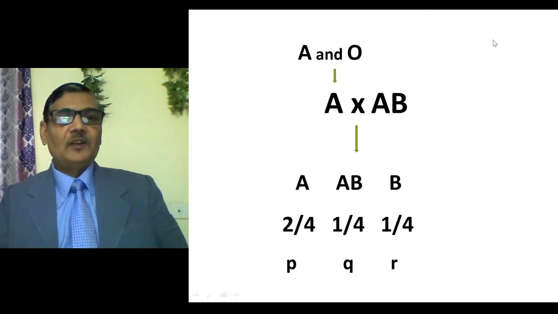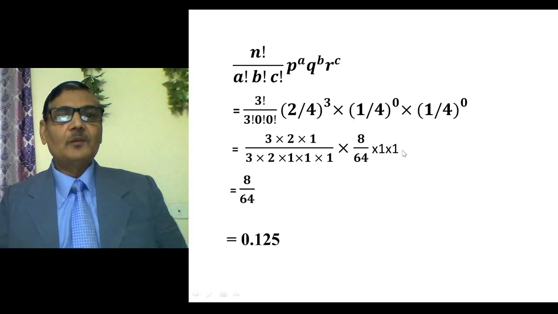So three different kinds of children will be there, and the probability that A blood group will occur in the child will be 2 by 4. Then the probability that AB blood group will be there in the child will be 1 by 4, and the chance that B blood group will be there in the child will be 1 by 4. So P, Q and R are actually the frequencies of occurrence of A, AB and B blood group. After knowing this much, we can solve the question by using this binomial distribution formula,